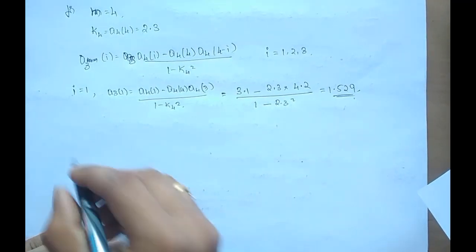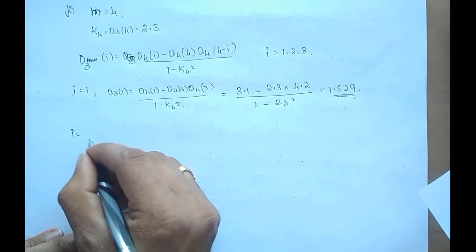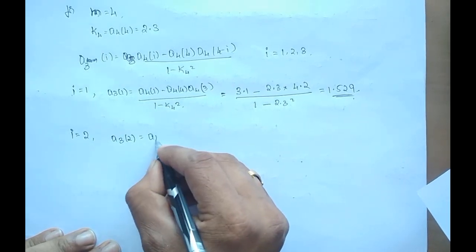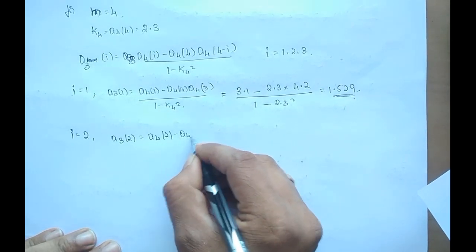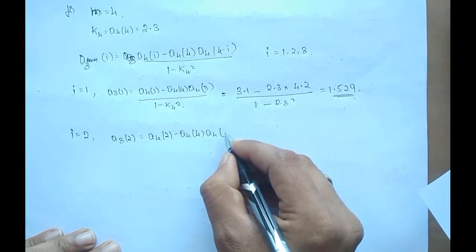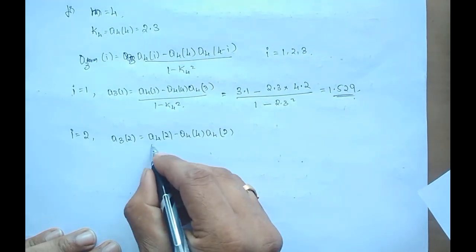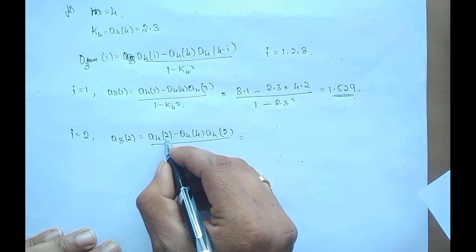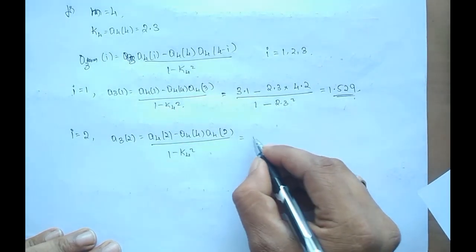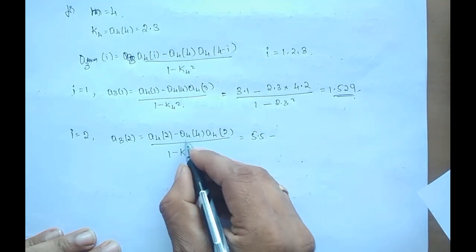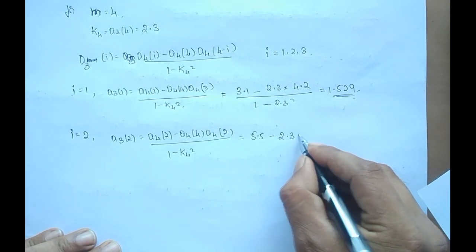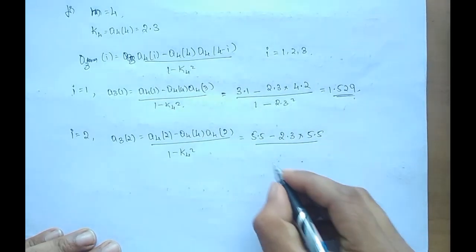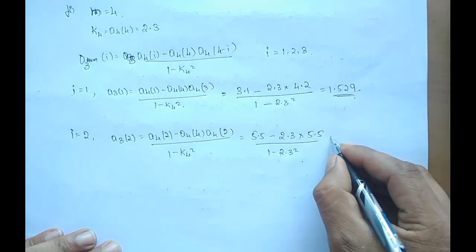Okay, now for I is equal to 2, we have a3 of 2 is equal to a4 of 2 minus a4 of 4 into a4 of 2, because I is 2 and 4 minus 2 is 2, divided by 1 minus k4 square. This is equal to a4 of 2, which is given as 5.5, minus a4 of 4 is 2.3 into a4 of 2 is 5.5, whole divided by 1 minus 2.3 square, and this ends up with